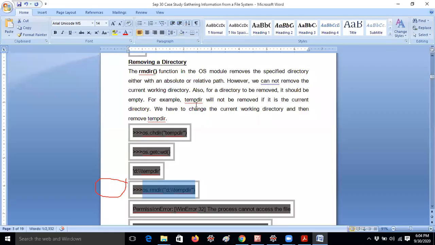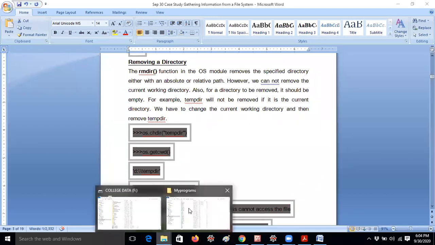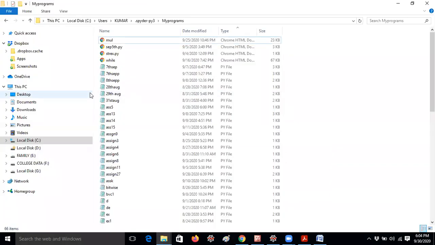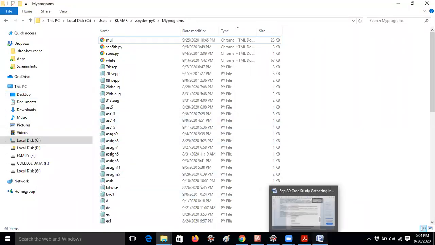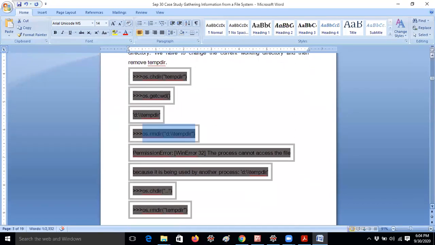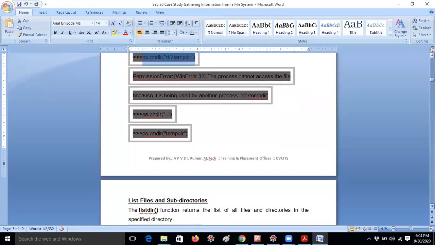So I already mentioned in the notes also, you can check, no problem. So here it is getting a Windows 32 error, cannot access the file. That means you cannot remove those files, because in the users folder a lot of important files are there in our system. For example, if you're formatting your mobile, some folders will not be deleted at all. Some folders may delete. Those are nothing but system folders. Okay, let me write it. Let me run it now.